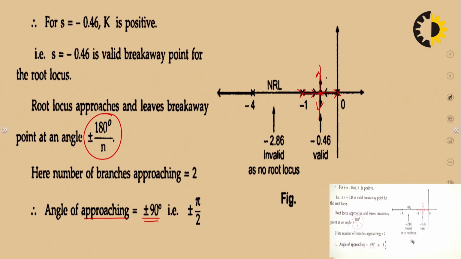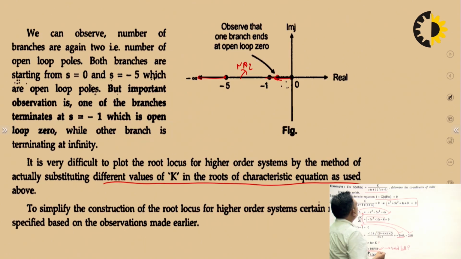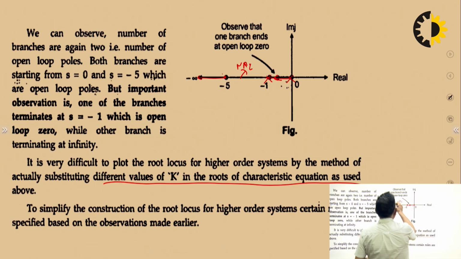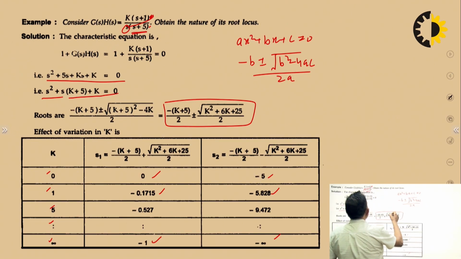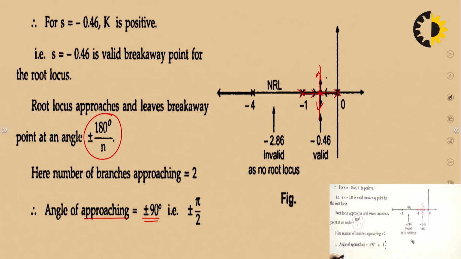And this you can also see from a rule. If you locate these poles at s equals 0, at s equals minus 1, and at s equals minus 4, these are basically the 3 poles for this particular question. So as per a rule,